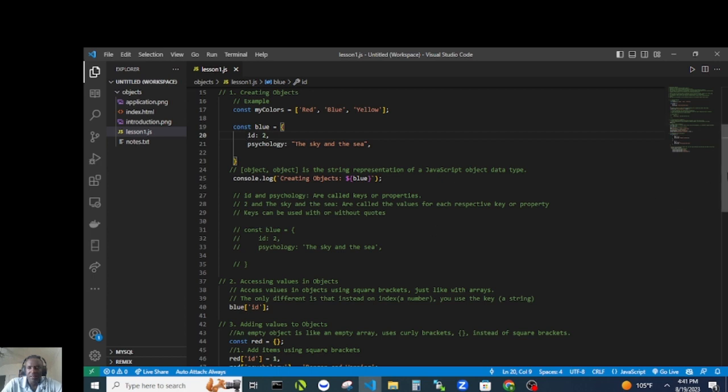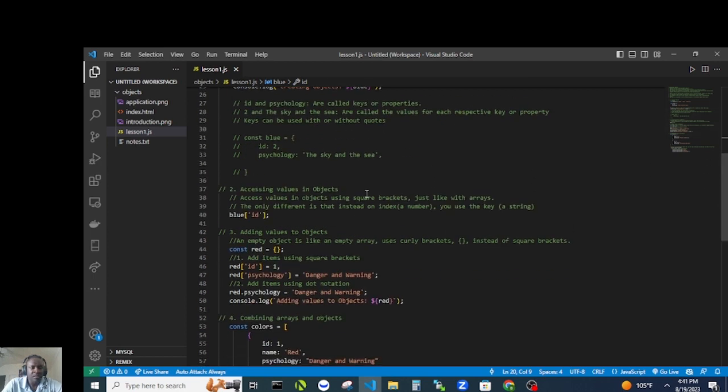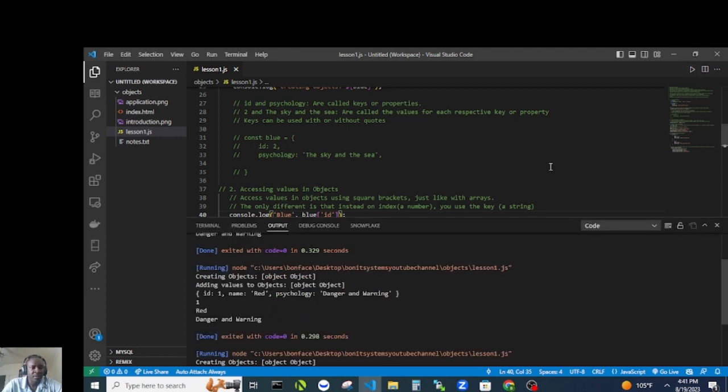The next thing we are looking at is accessing values in objects. Access values in objects using square brackets, just like with arrays. The only difference is that instead of an index number, you use the key as the string. So for example here, if I would console that, let's give it some name here so we know where we are. So if we do that, it should give us